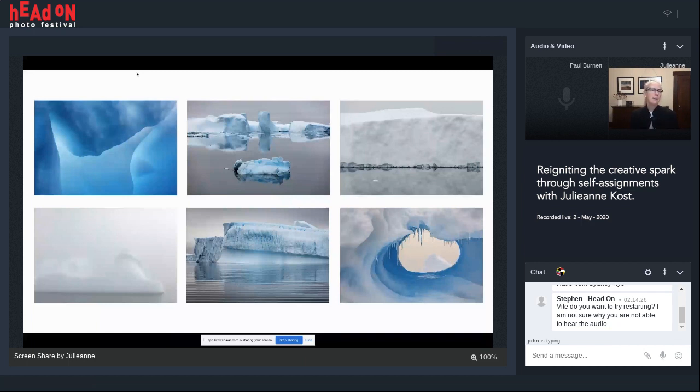But in order to limit the scope, because I was only going to be there for 8 days probably of shooting, and I knew that I wanted to focus on the ice, not necessarily the seals and the penguins or the continent or anything. It was just purely about the ice for me.